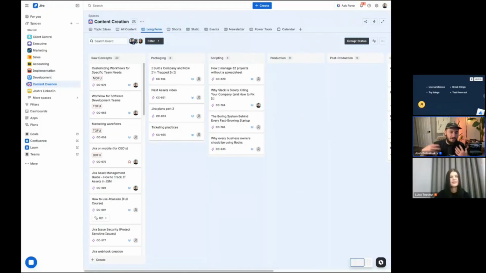I think we made hundreds of micro adjustments with fields and variations of statuses and flows. I think there's been over 10 major revamps of something like this where we literally reworked all the statuses, the way it works, the work types. There's been a lot we did to actually make this work. The only way that was possible is we just tried to break things and try as many things as we possibly could. We did do this in a sandbox, and literally to set up a sandbox, it's as simple